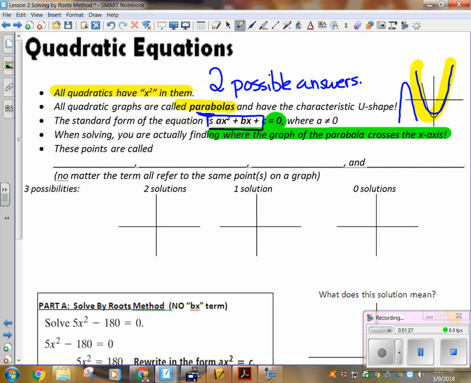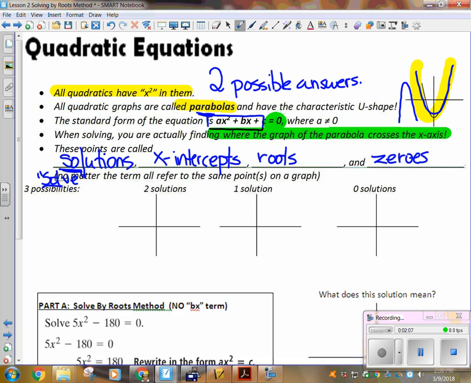Now, I know I have two different copies of notes, and I've tried to redo them, but what are these points called? I think they're already filled in on yours. What's the first thing that we call those points? Solutions. Now, I'll pause just a second and say, when you see the word solution, it's because someone has asked you to, guess what? Solve. Okay? So when it says solve, then you're finding solutions. They're also called what? Okay, x-intercepts, roots, and they're also called